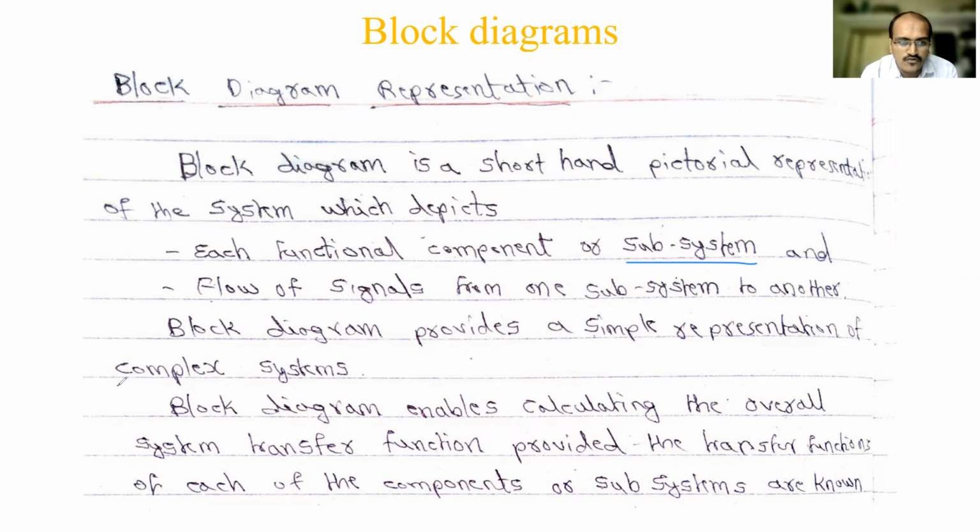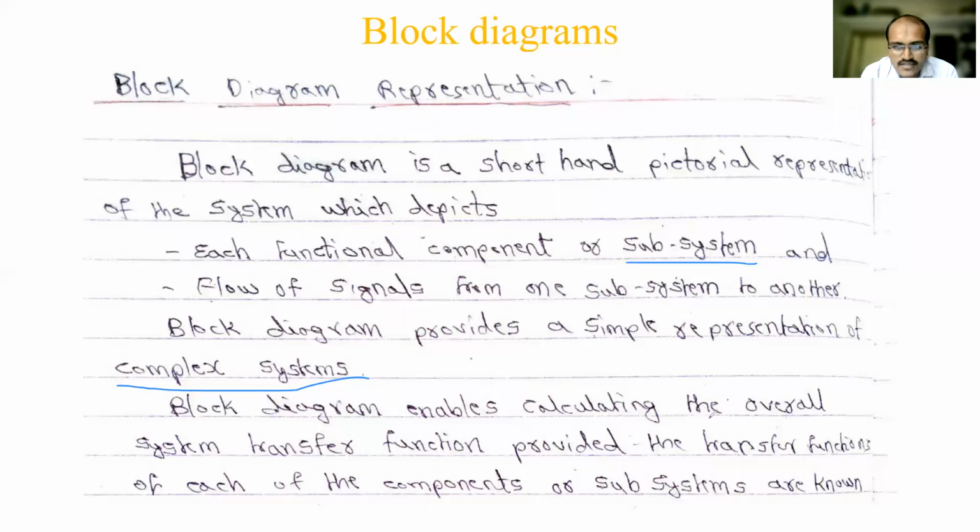You know already control systems are very complex. Many examples we have seen: it may be a nuclear reactor, an aeroplane, an automobile, or even a simple bulb or fan. To study such complex systems we require mathematical models, and we have seen the differential equation model and the transfer function model. When you have a complex block diagram, we need to get its complete transfer function, and for that this is the representation we are using.